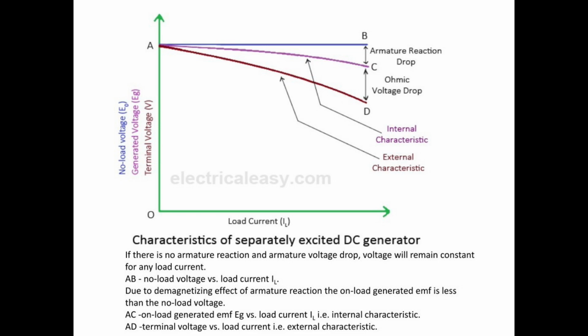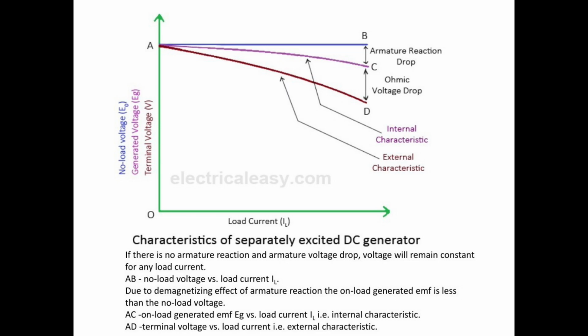So EZ is always less than E naught. EZ is the on-load generated voltage, and E naught is the no load voltage. Okay, so open circuit characteristics is drawn at no load condition, right? So it is the plot between E naught and IF, whereas internal characteristics is the graph between on-load generated voltage